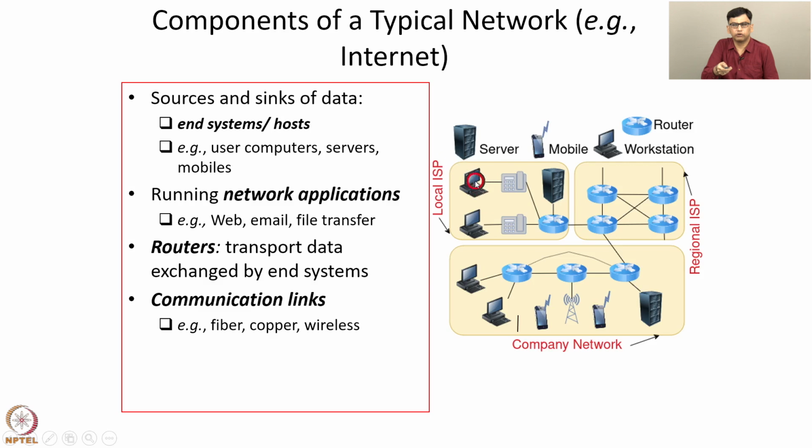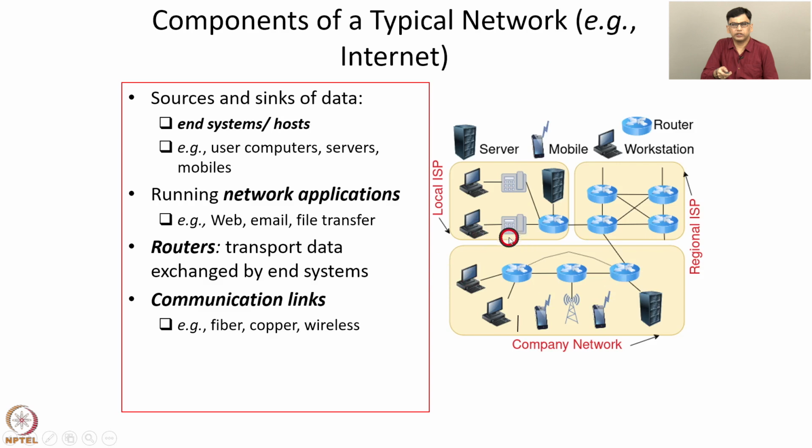First, we have the sources and sinks of data, which are shown here. They consist of different user computers like these, smartphones like these, and servers like this one, and so on. So these are known as end systems or hosts in communication network terminology. They generate data and/or they download data. For example, this server might send a file. A user connected to this desktop might download an email and so on and so forth. So there are these sources and sinks of data called end systems or hosts.